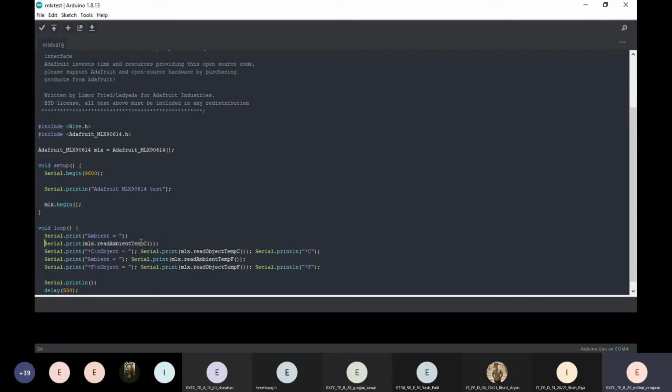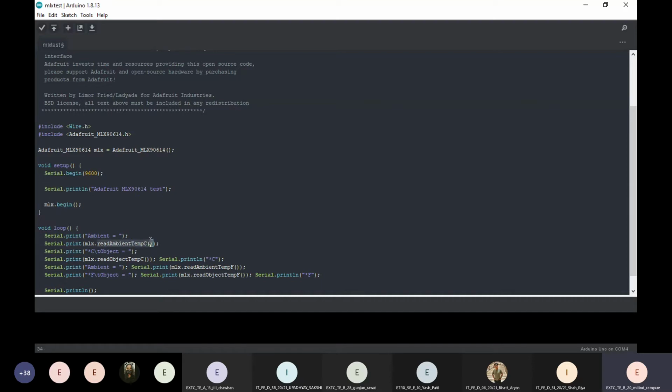In the void loop, it's very simple, as you can see. Let me give it some space so it is understandable. Here we are printing the ambient temperature first, using the MLX read ambient temperature function, which is included in the library.